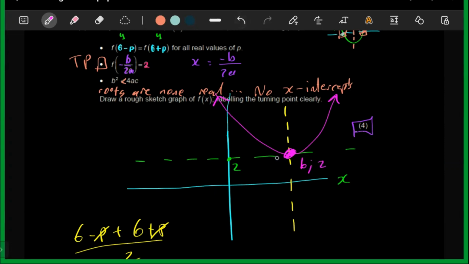So from 6 going to the left here, well, whichever way, what we need is a y-intercept now. For us to get a y-intercept, we obviously need to be a bit careful. What can we now do? It says here, sketch the graph, labeling the turning point clearly. So all we have to do is to label the turning point. They didn't say anything about labeling anything else, so we might as well just label the turning point, because that's the only thing that they want us to